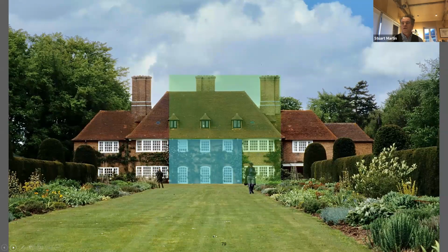So here are those same geometries applied on the actual photograph. And of course, in reality, the very thick and very characteristic white painted glazing bars to the windows give a sort of graphic quality, a very crisp contrast with the slightly rustic brickwork and the dark brown of the roofs. Interestingly, when we were researching this, I noticed in Weaver, he referred to the original intention to add pergolas